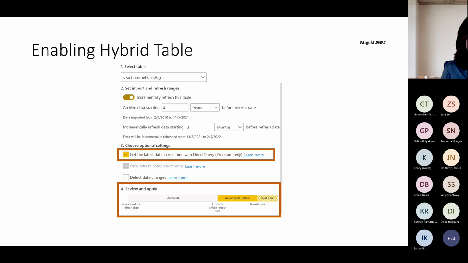The way you do that is from the exact same interface where you enable incremental refresh. There's another step where you can check that and tell it to get the most recent data in DirectQuery, and that time period is the exact same time period that you pick in the incremental refresh. So in this case, it's going to pick the last month.